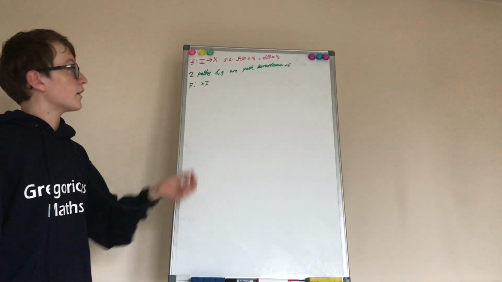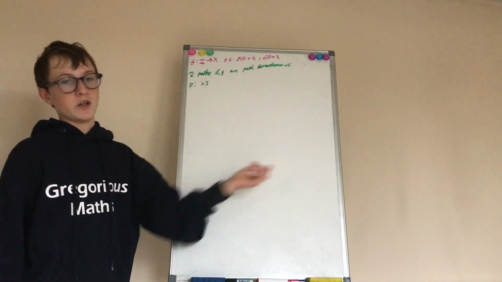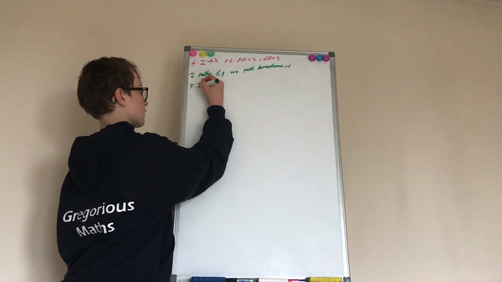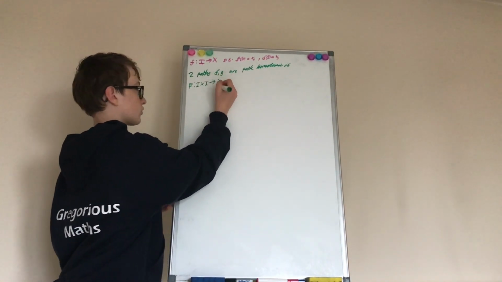However, in this case, the domain of any two paths is just I, so it will go from I cross I into some topological space X,